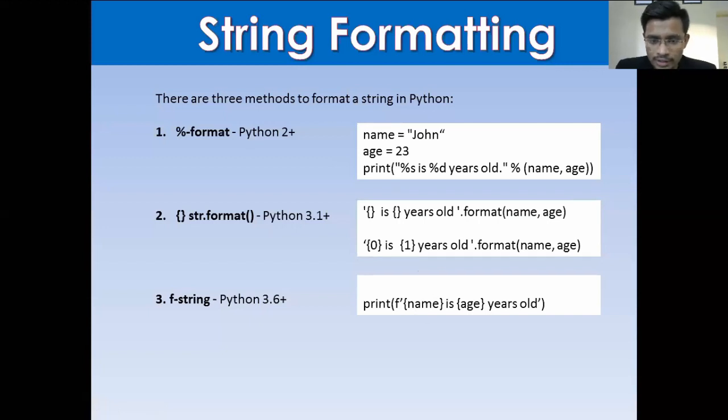If you check the second case, after giving the placeholders you are typing dot format, and then you are giving the actual variables, and the values of the variables are getting stored in the positions, the 0th or 1st index. In the case of f string, this is much faster because we do not have to deal with indexes, we do not have to worry about storing the value from the variable to the placeholder. That is eliminated, that's why this is much faster, and this is how it works. So let's check whether it is working, how beautiful it is, and why a lot of people are recommending this.